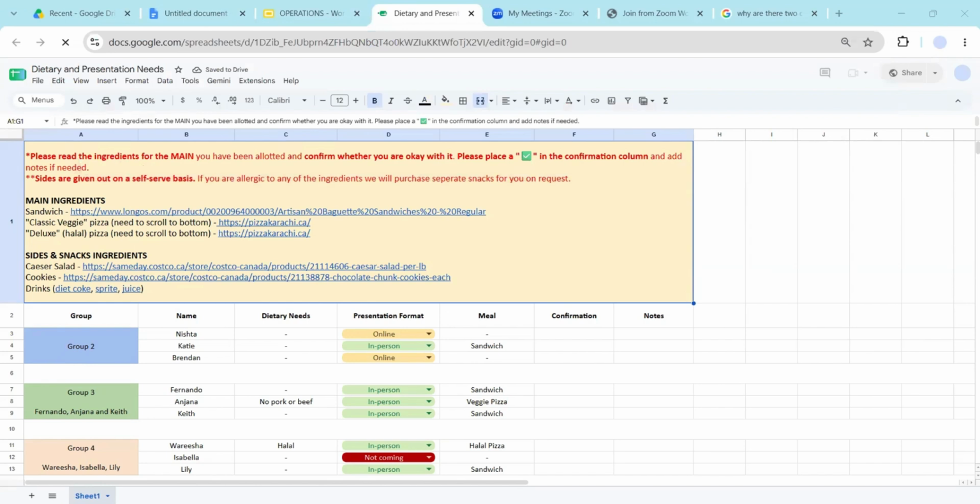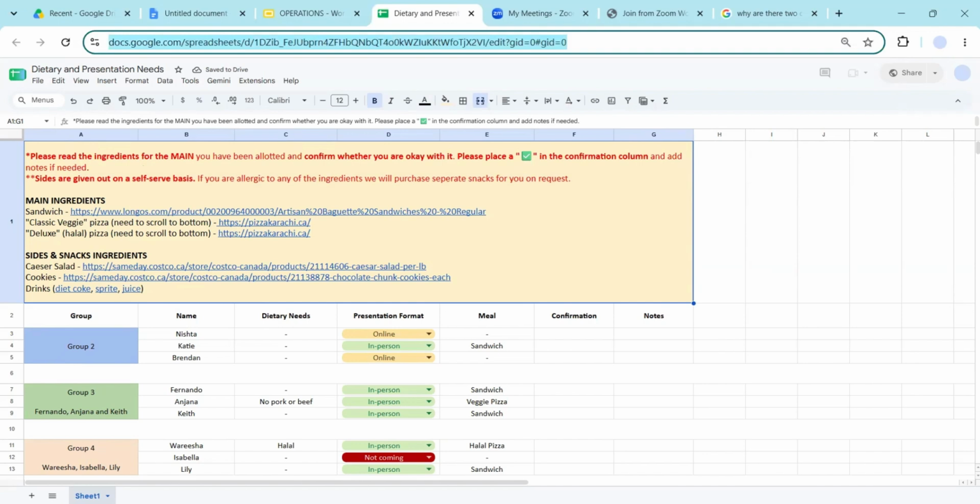So essentially, some of this information may be a bit incorrect because I've noticed that in the Google Forms, some people who said that they were coming also asked to be in the Zoom meeting, which is actually reserved for the online students. And some people who said they weren't coming also filled out the allergies portion of the form. And technically, we don't need that because if you're not coming, you won't be eating anything. So if there are any discrepancies or if you accidentally filled out both fields, I might have accidentally put you in online or in person or not coming at all.